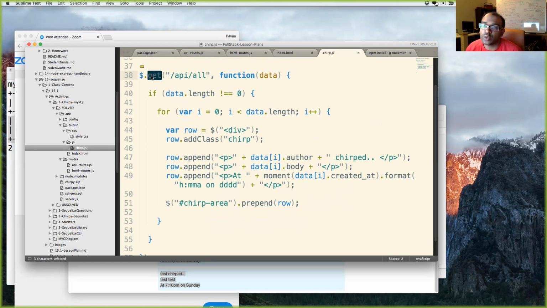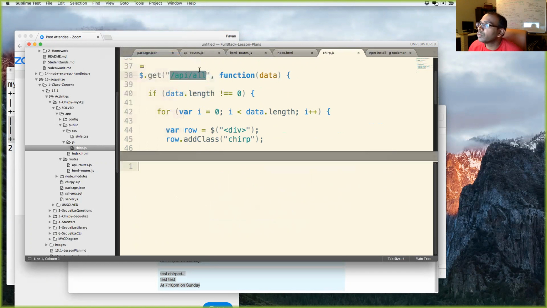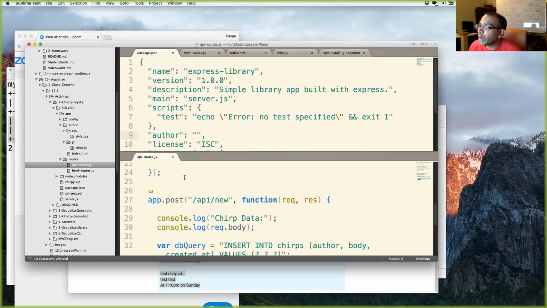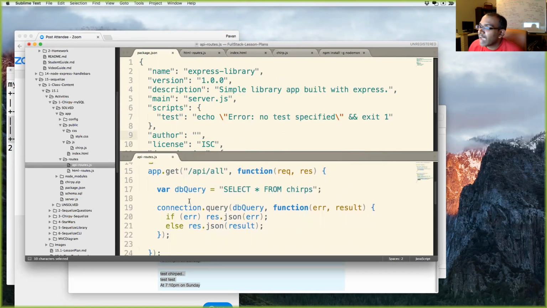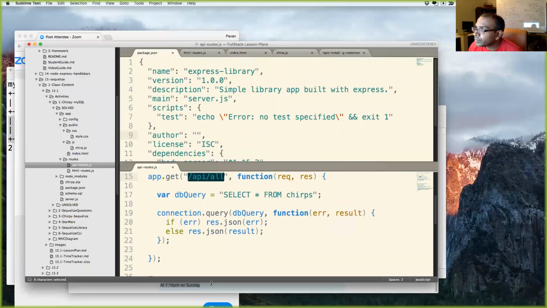It cannot do posts. Now we're going to /api/all, and if you remember, if I go to API routes right here, let me do view, layouts, rows 2. If I bring down API routes and move up, we have api.get /api/all.